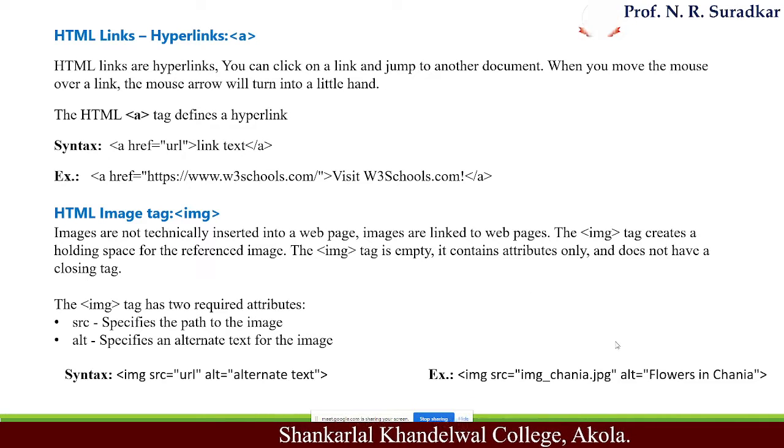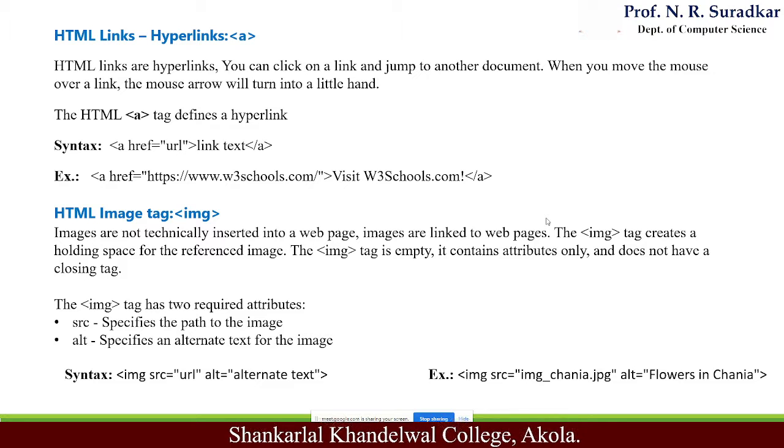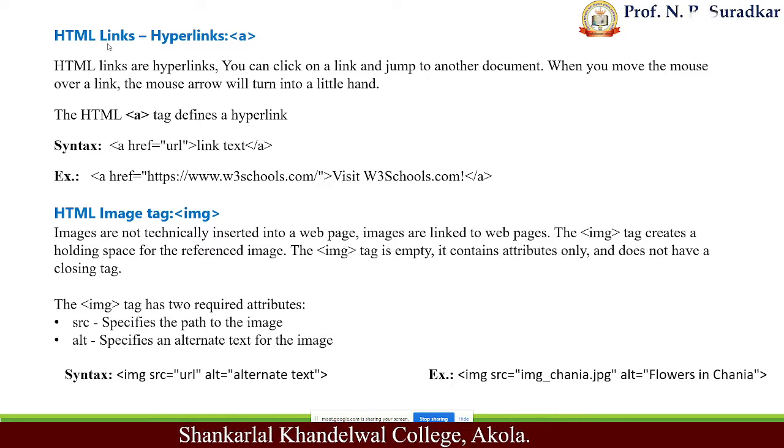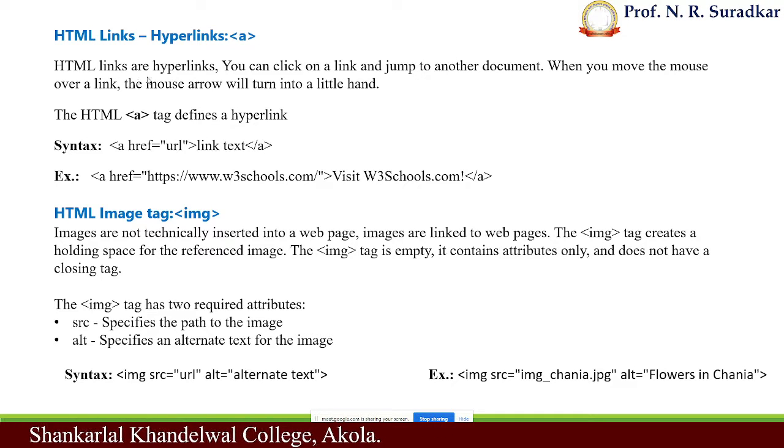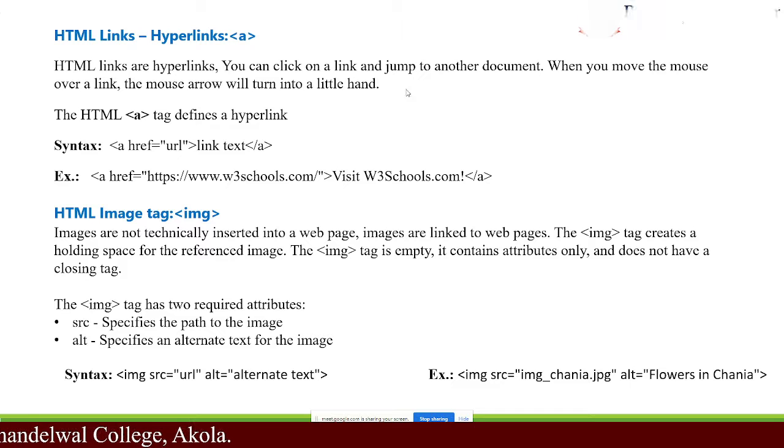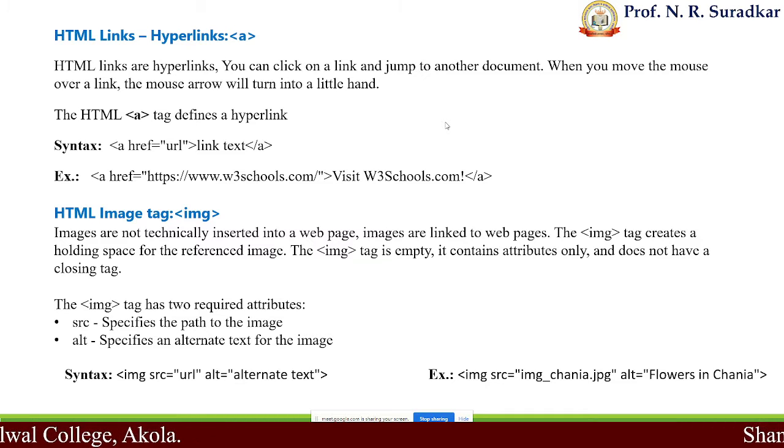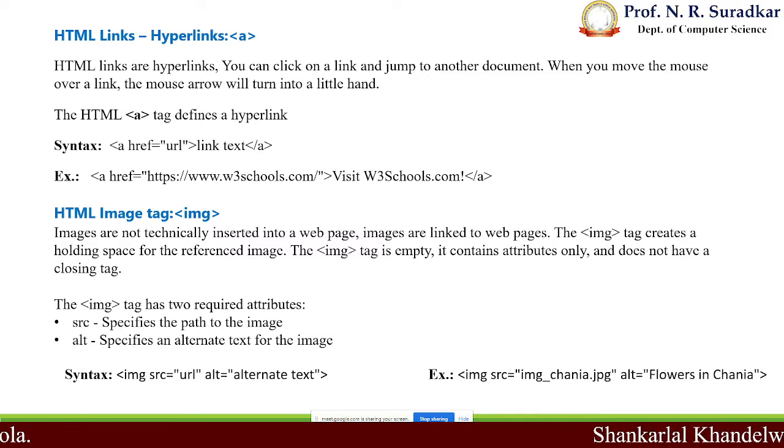Next, the tags are the HTML link tag and the HTML image tag. What is the HTML link tag? HTML link tags are the tags which are used to link the document to the given text or given image. Normally the links are given to the text value. It's not necessary to use the text value; we can use an image also, but I am giving the example here for text. That's why I am talking about the text value.